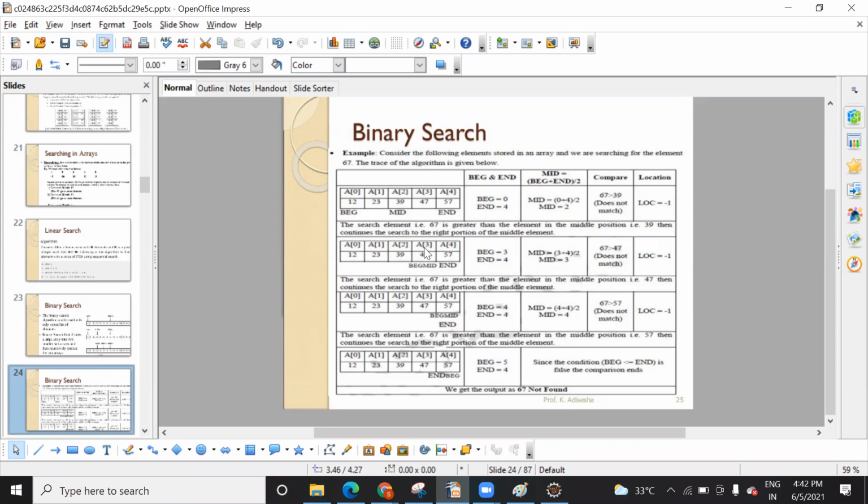Beginning 3 and end 4. 57 is greater than element 47. Correct, 3 plus 4, the index 3 plus index 4.